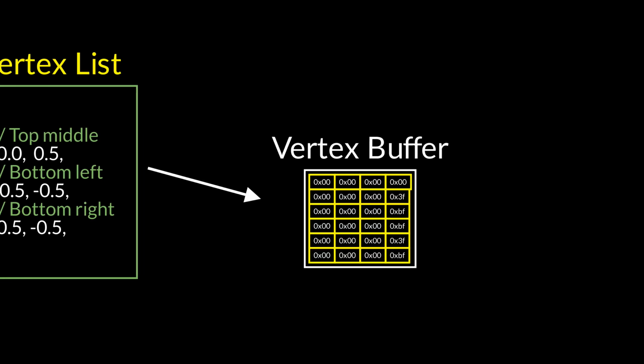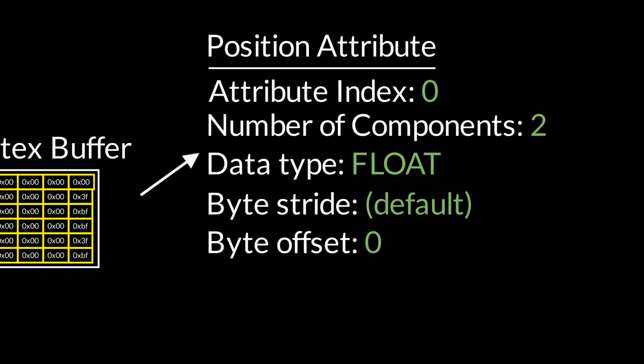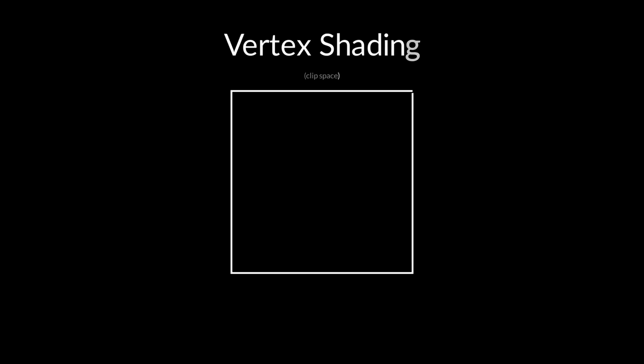We also have to specify how the GPU is supposed to read data out of that buffer by declaring attributes for our buffer. In our case, we have one attribute, position, which is a pair of 2 numbers, each one being a 32-bit float. The next step is the vertex shader, which is the first place where GPU parallelism comes